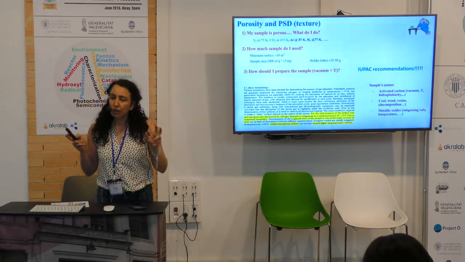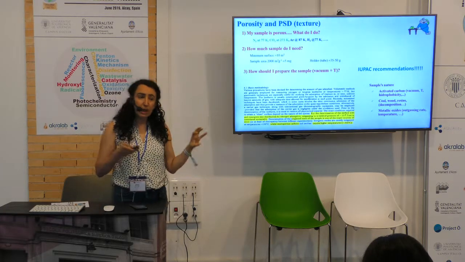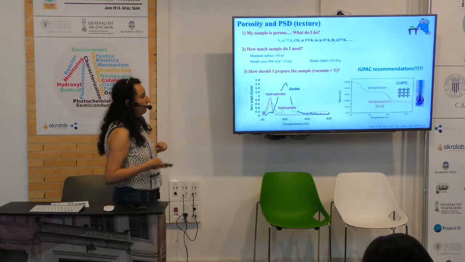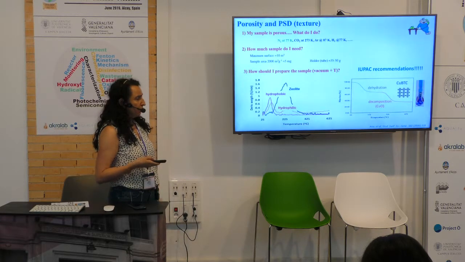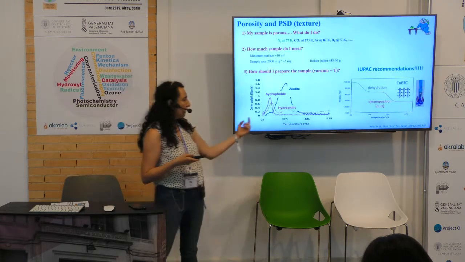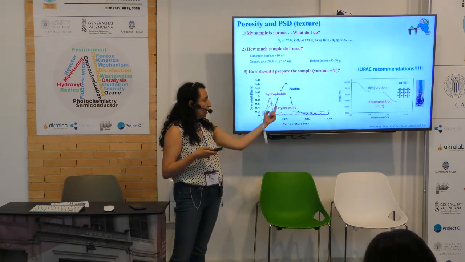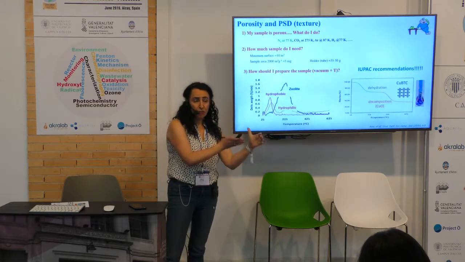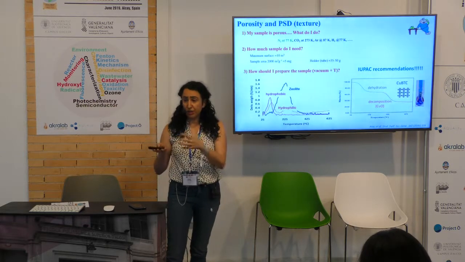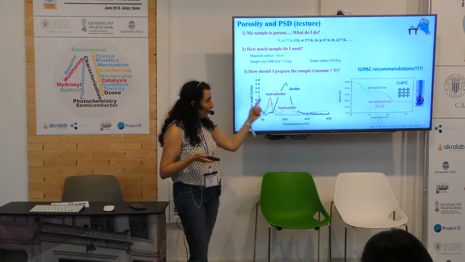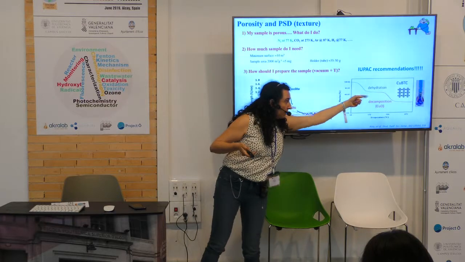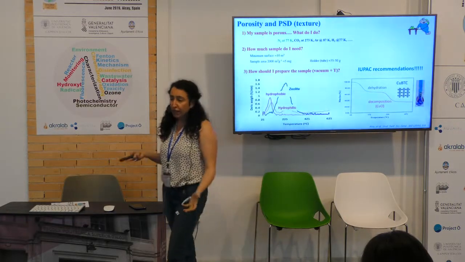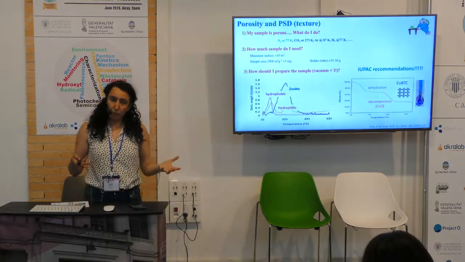You have to clean it in order to get all these empty spaces available. Why is this important? Because if you go too high or too low in temperature, you will not be removing the moisture which is trapped in the pores. Because it's trapped, you need to apply a higher temperature under vacuum in order to remove it. But if you go too high, as in this one, you may destroy or modify the composition of your